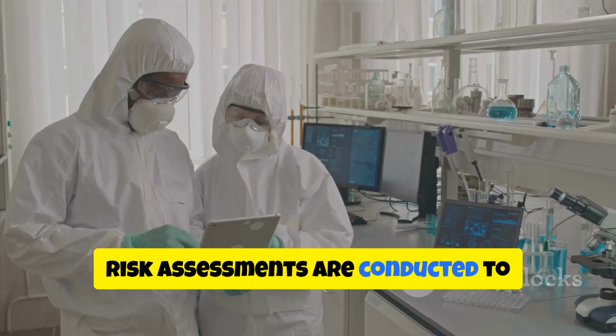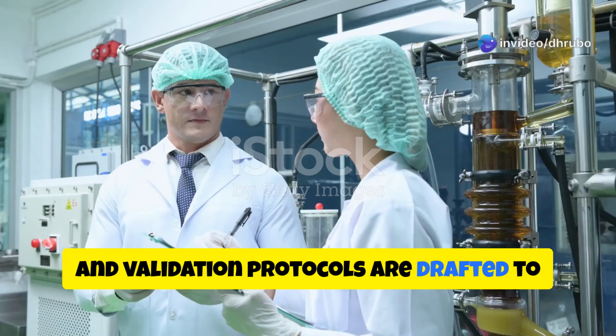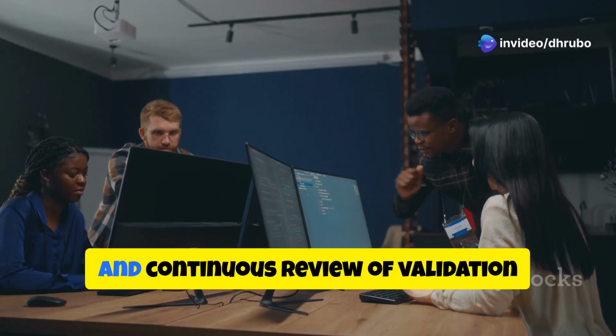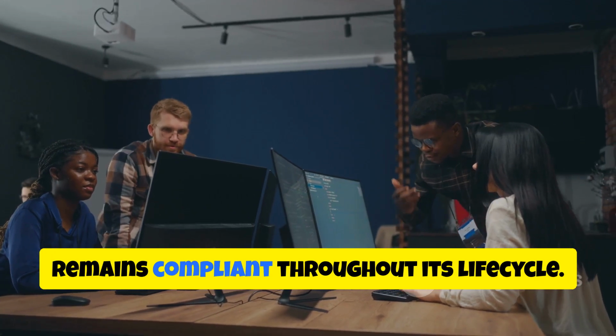Risk assessments are conducted to identify potential issues early on, and validation protocols are drafted to guide the process. Collaboration among the development team is crucial, and continuous review of validation documentation ensures that the software remains compliant throughout